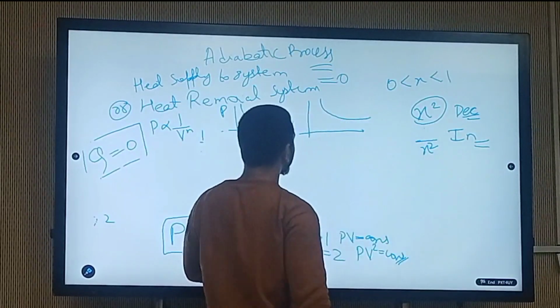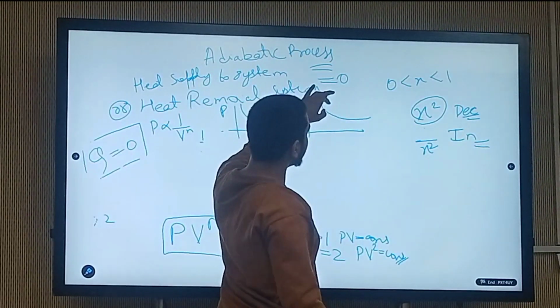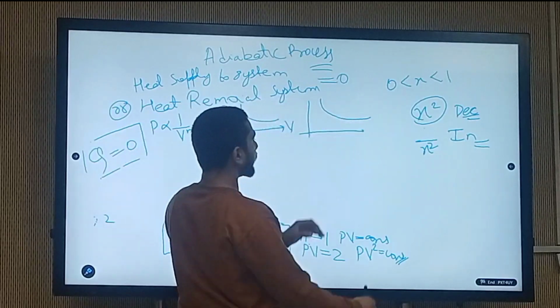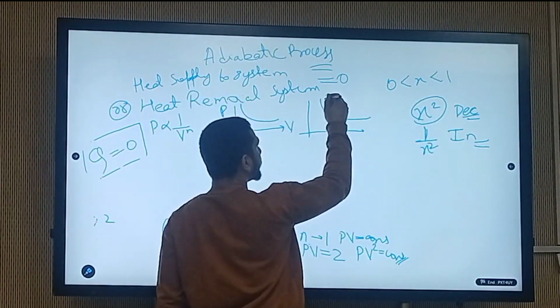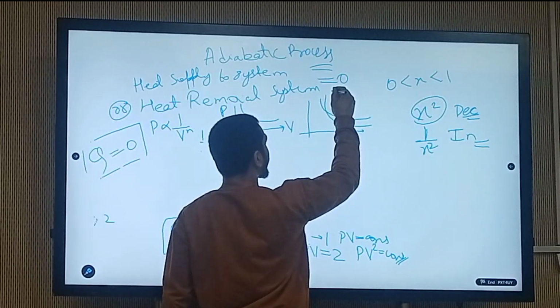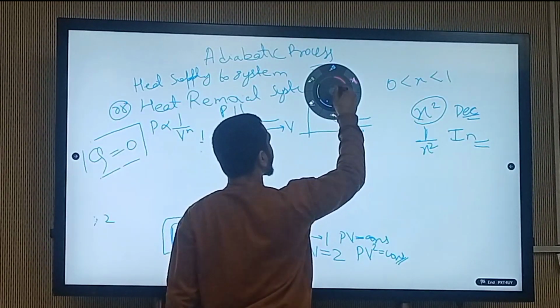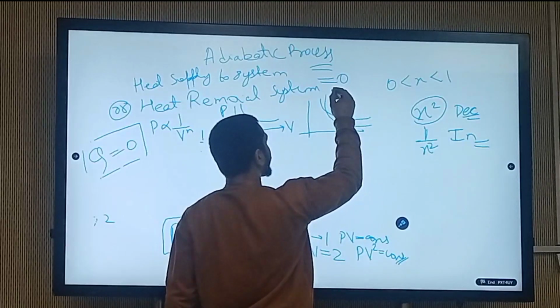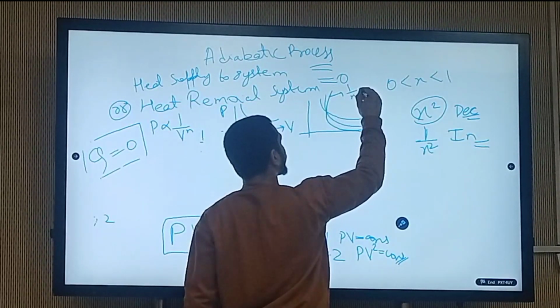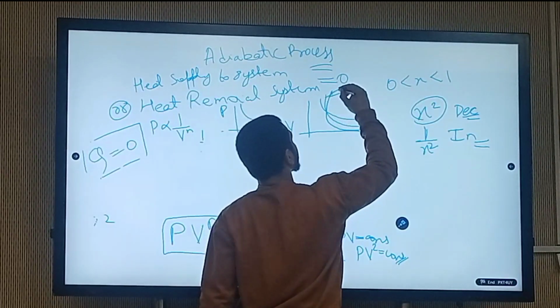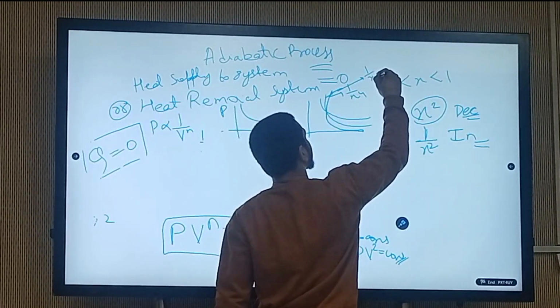Okay, so 1 by x square and 1 by x cube graph will be above it. Okay, and 1 by x to the power 4 graph will be above it. So like this. So 1 by x to the power of 4, 1 by x to the power of 3,